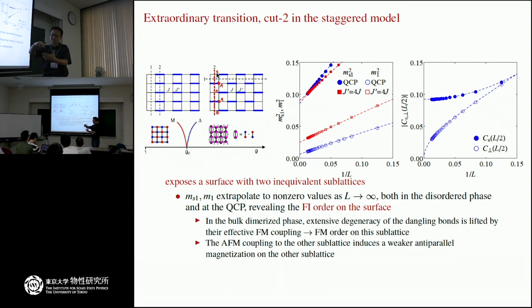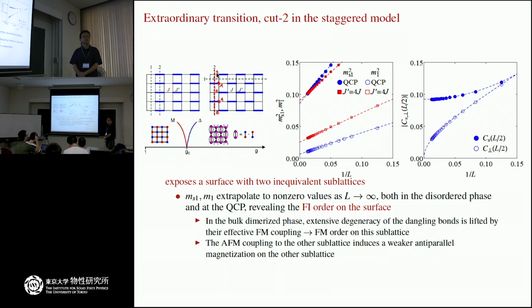You can think of it from the SSE, right? You have a very strong bond here. That makes the two spins here effectively ferromagnetic. So then it's always ordered, even as you increase G, even at infinite G. Here you see we have the quantum critical point, and also G prime much larger than 4J, which is in a deep disordered phase. Here is 2.5. Here is 4. So the bulk doesn't matter.